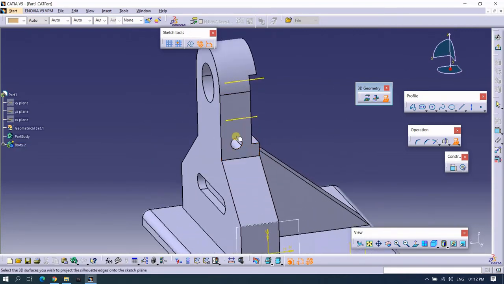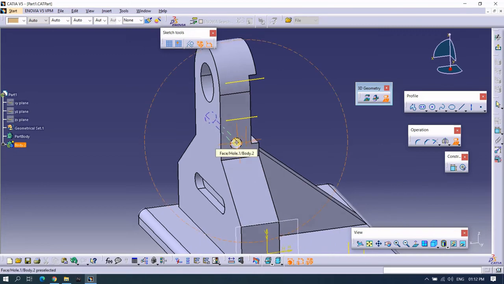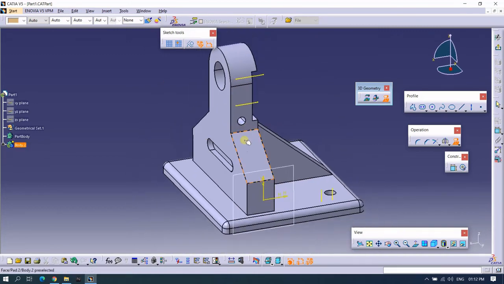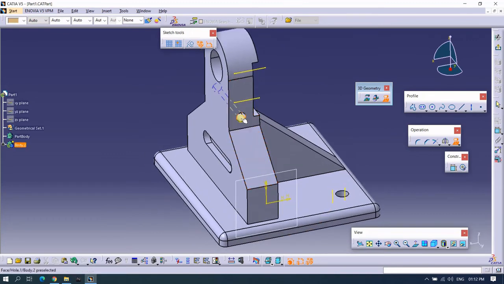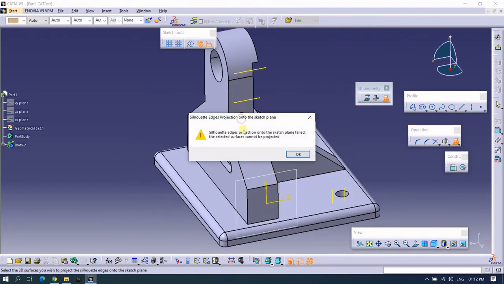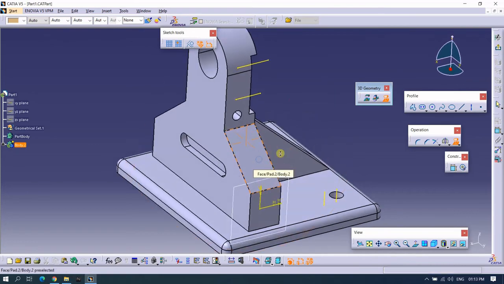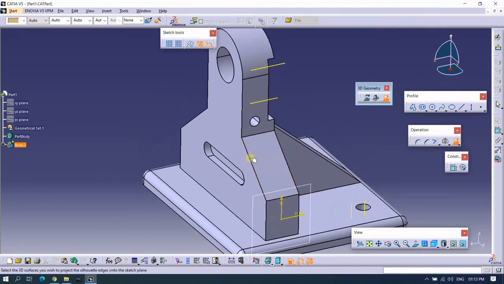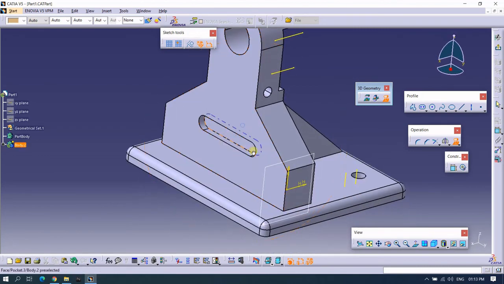Now, if I try selecting this hole, the axis of this hole is not parallel to my sketch plane. If I select this hole, it will show me one error. This hole, you cannot project that cylindrical surface. Now, if you see this half circle, the axis of the circle is parallel to the sketch plane.